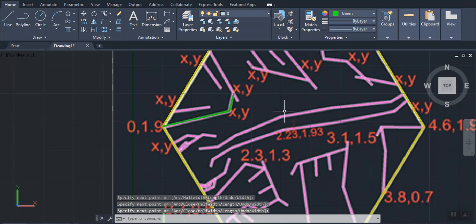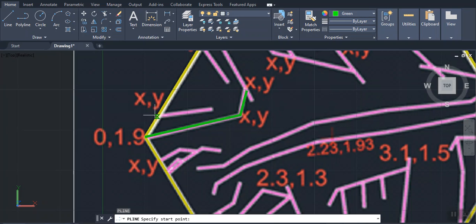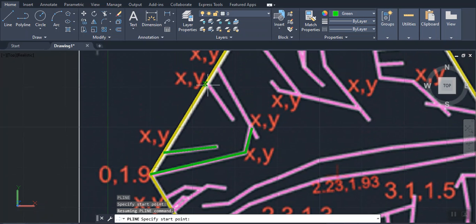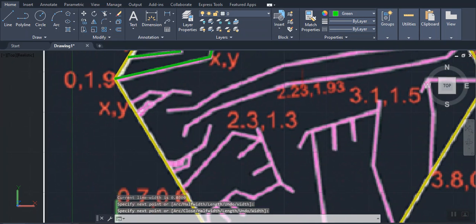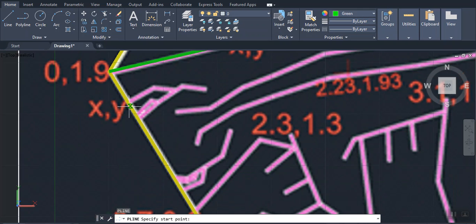Enter, enter again, polyline starts. We're drawing the lines exactly the way it's supposed to be from the picture. All right, so enter again, polyline comes back, and you click,